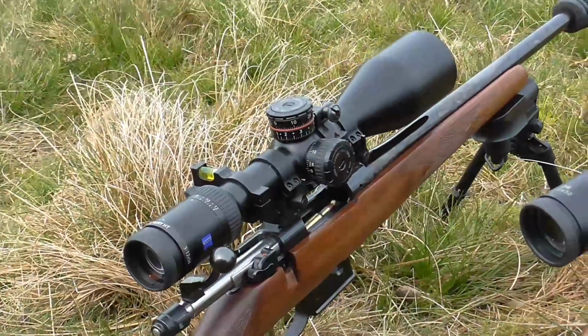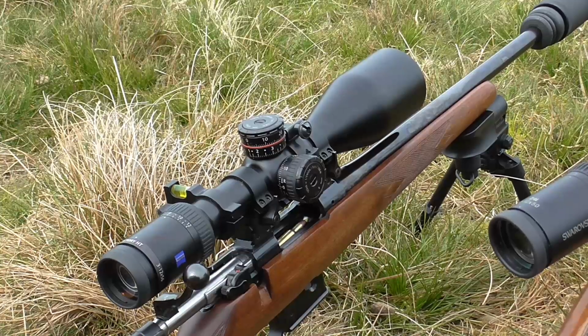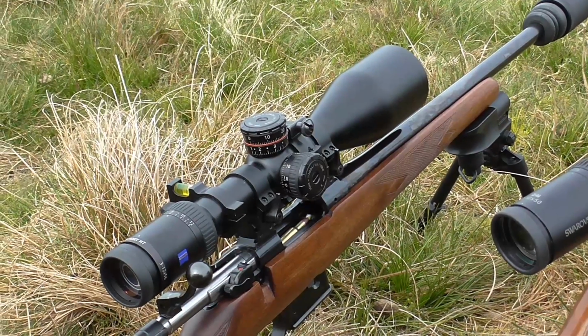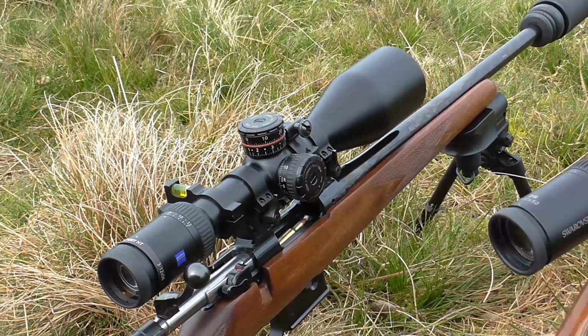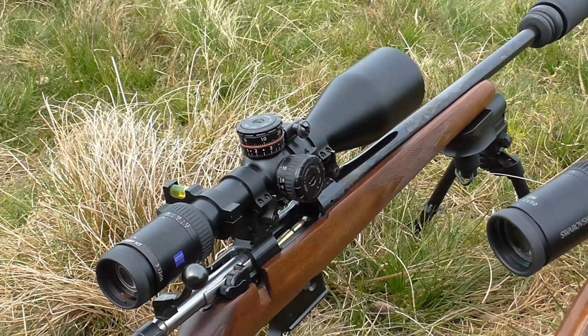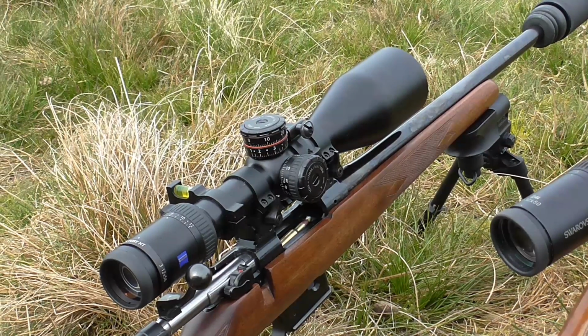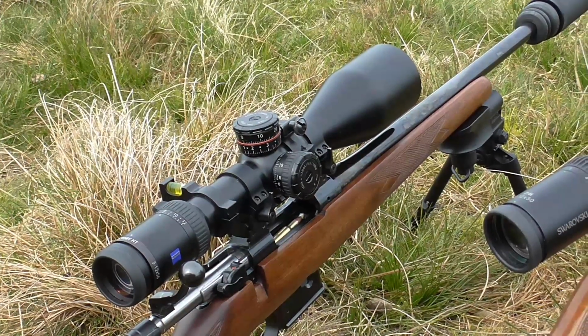The HT is a sublime scope. It really has moved the bar forward, despite its little foibles, which are no biggie, don't get me wrong, but you know, it is a game changer. And I, with this particular model, love the turrets, but it's good that they offer them, brilliant that they offer them, but it's unfair to compare it to the Swaro